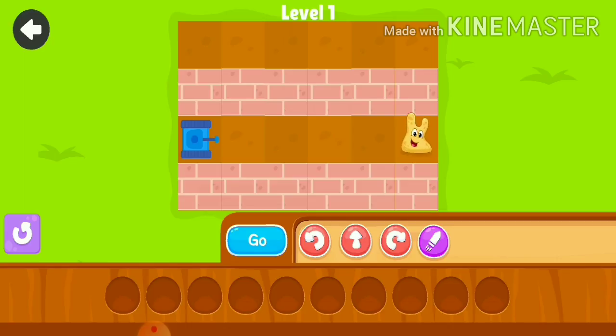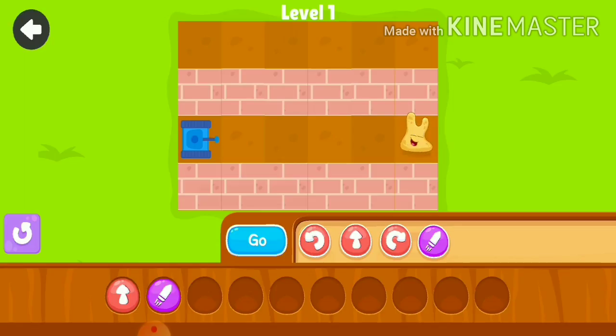Now in this level we can see that the tiny tank is pointing towards the character. The direction of the gun is towards the character. Our only task is that we need to move the tank and we need to shoot it. So to move the tank, we have the block that is the up arrow. So the first block that we have used is the up arrow. This up arrow is used to move the tank, and this purple block will shoot the character. This purple block is used to shoot the character.